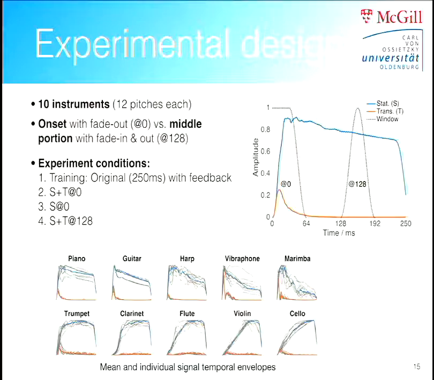Yeah, it's windowed with a Hann window. Sorry about that. So for the middle portion, I window these 64 milliseconds with a Hann window, and for the onset portion, I just use the fade-out portion of that window. It's a method adopted from a study by Clara Suied, coming from the Presence lab, where they looked at the different gate durations required to identify or categorize musical instruments.